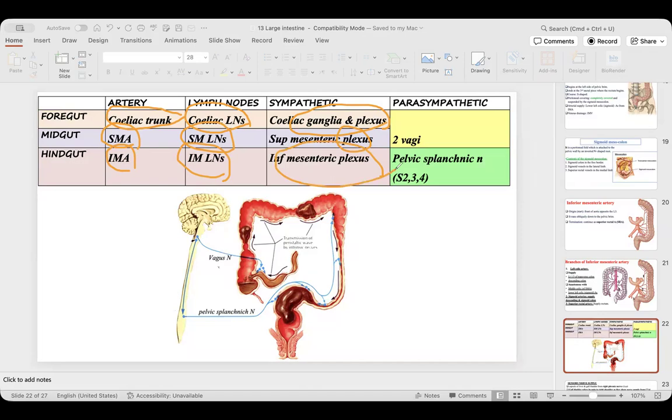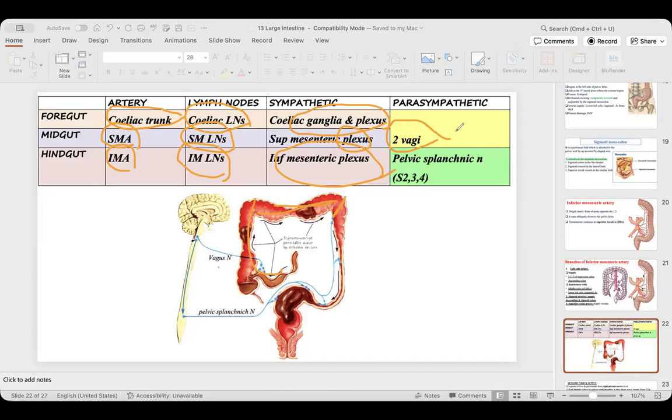What about the parasympathetic? The foregut and the midgut are supplied by the vagus nerve. The vagus nerve supplies all the GIT till the left colic flexure, meaning the transverse colon, small intestine, stomach, esophagus, all are supplied by vagus parasympathetic till the